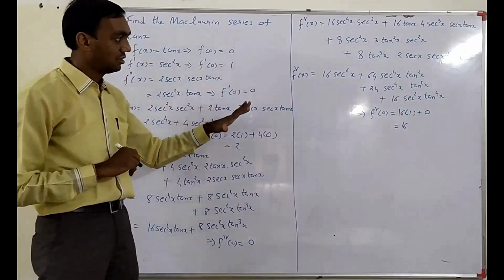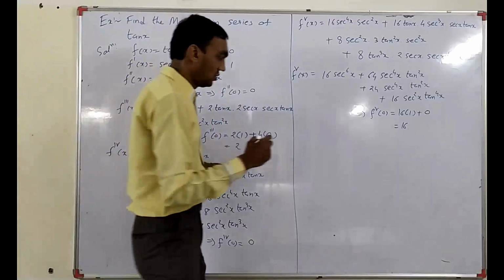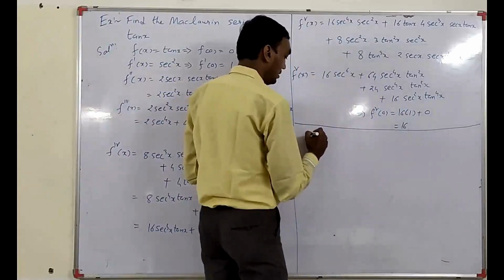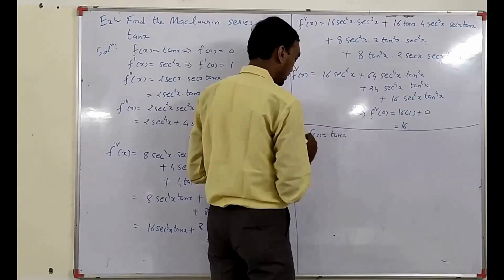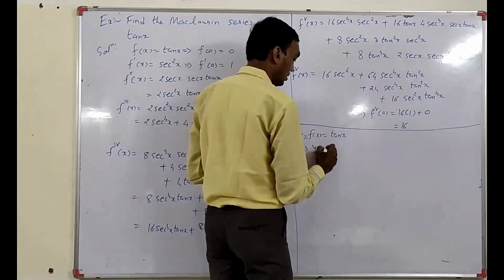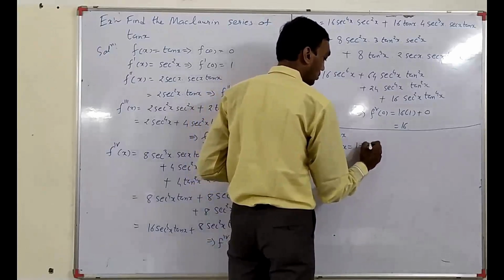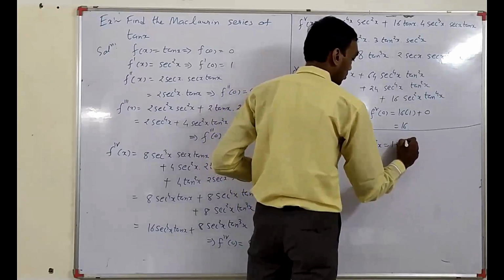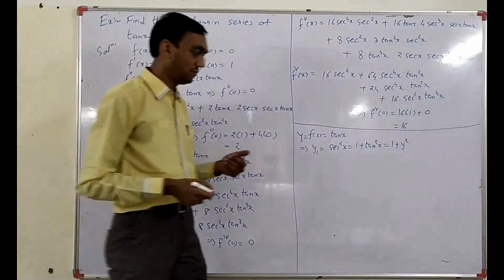Instead of this method, you can also use the method of the 12th one. So instead of this, you can also use this method. You have f(x) is equal to tan x. So say that y is equal to tan x, and therefore y1 will be sec square x, and sec square is nothing but 1 plus tan square, that is, it is 1 plus y square. And now apply the simple derivative method of 12.